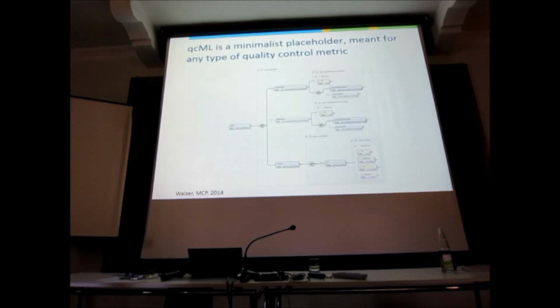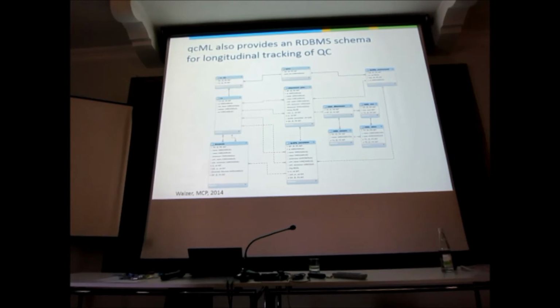Now, what is interesting about QCML is that it's an XML format, but you really don't care about that. You won't even notice it. The thing just spits it out, and you can make beautiful reports in PDF and things automatically from that, so who cares what it looks like on the inside. But what is really important, and this is something I really pressed when we were building this, is that it had to have a database equivalent. This is a database schema.